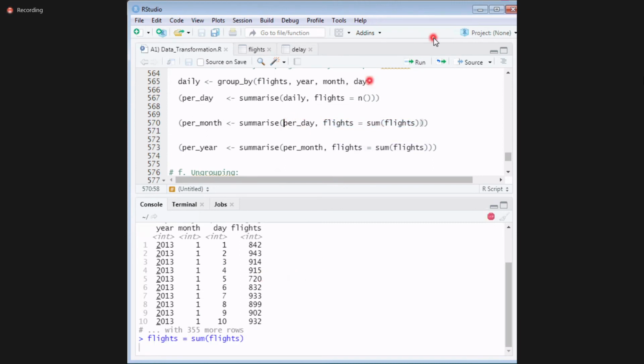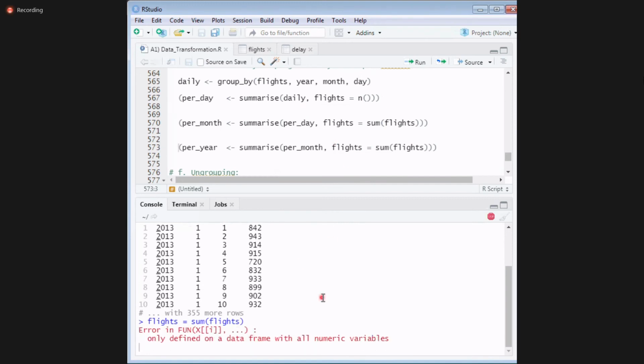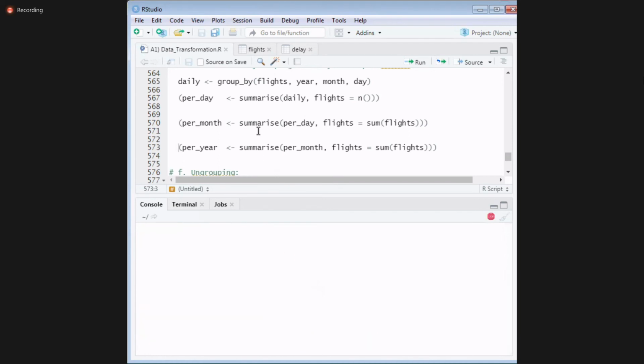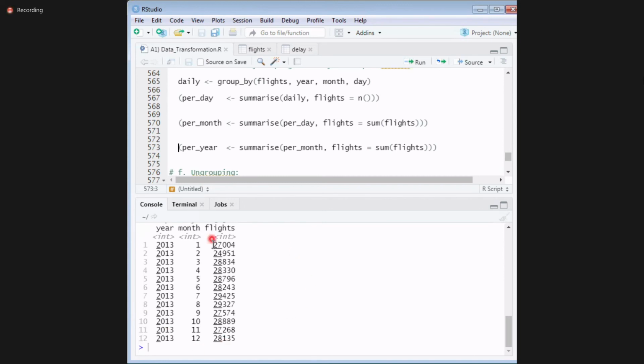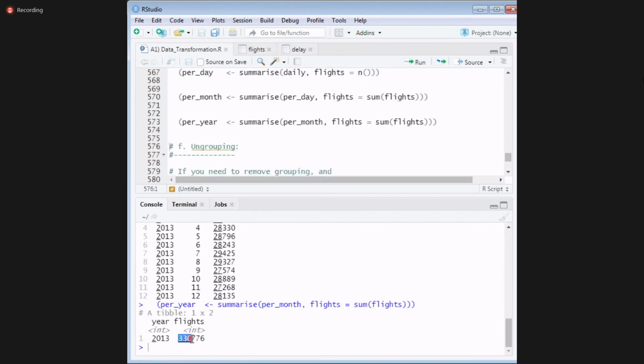See, there were a total of 27,000 records across January, February, March, April, May. This was daily data. This is monthly data. Now I want yearly data. If yearly, if you remember, it should turn out to be around 336,000. See, I got the actual data, 330,000.